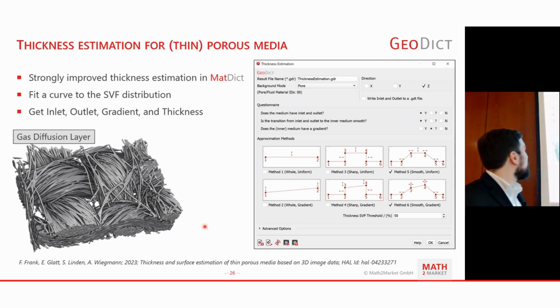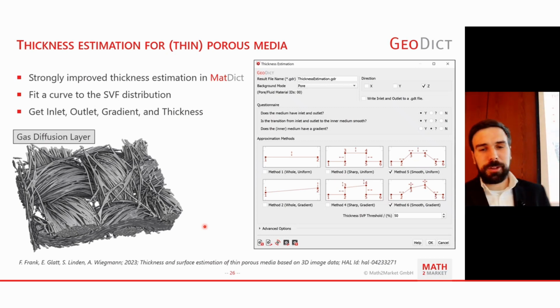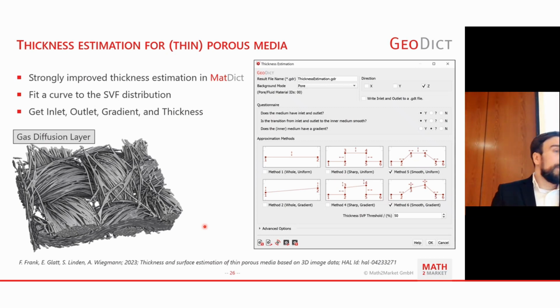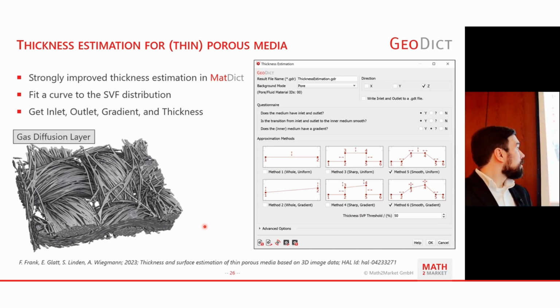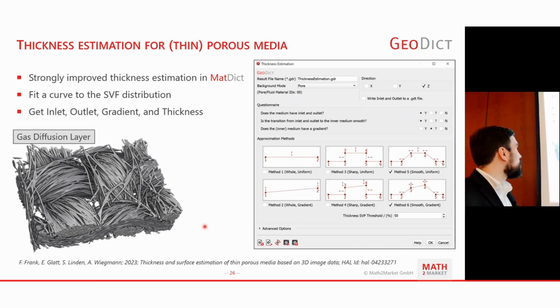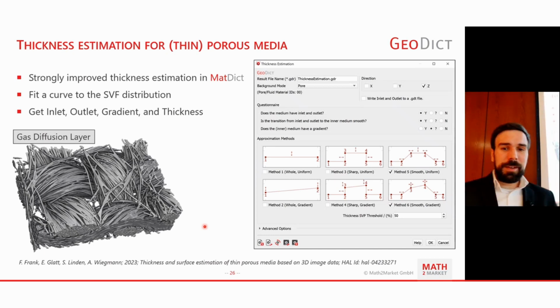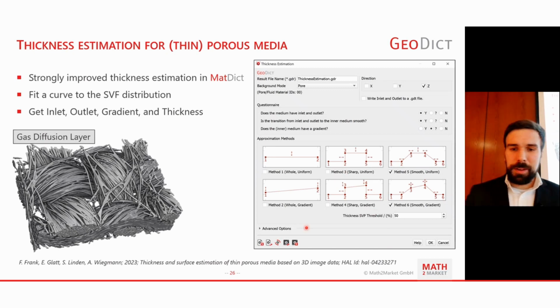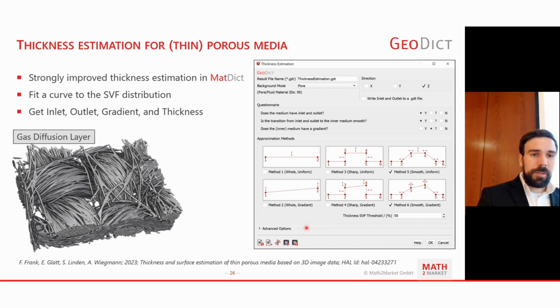Next slide is then about MATIC and the thickness estimation that was previously known as the 1D statistics. It now has a nicer name that is, I think, a bit more descriptive. We did a major rework on that. So the fitting models are more flexible now. You can also just say, compute me everything in here. So everything is a bit better in here.